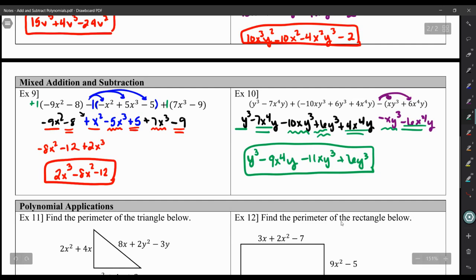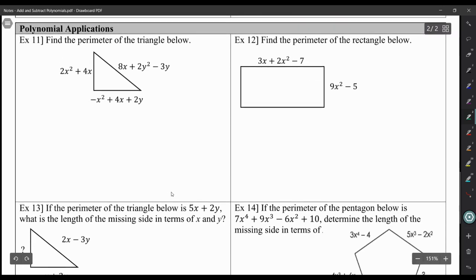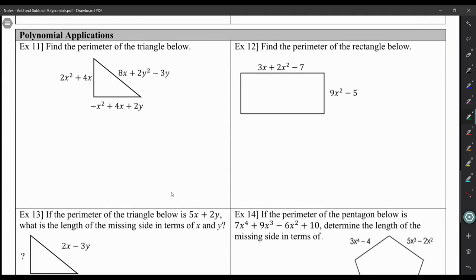Let's look at some applications. So with addition and subtraction, really the only application that is available to us is perimeter. So perimeter is the only real application that we have because that is the only thing that adds all the sides of a shape. So perimeter is adding all sides of the shape. Add all sides. So for example 11, you would simply add all of these like terms together to find the